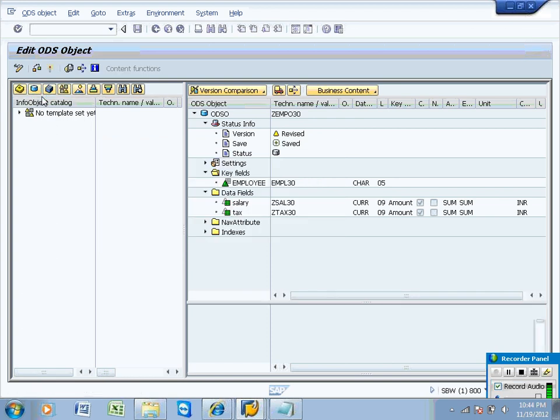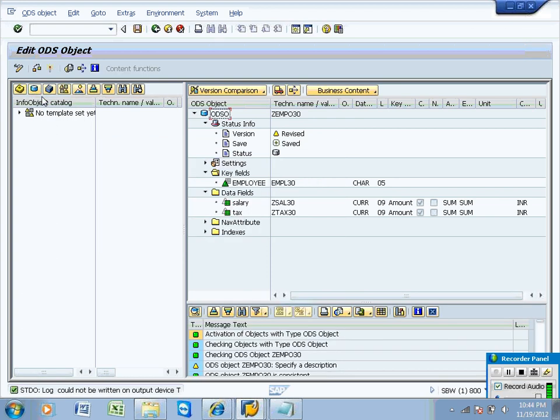All these you can use as a template. Whatever ODS you are creating, most of the info objects we are going to copy from another ODS. You can call one ODS and use that ODS as a template to define it.